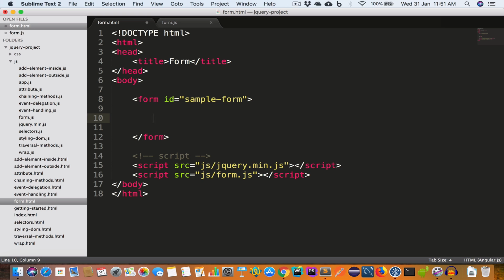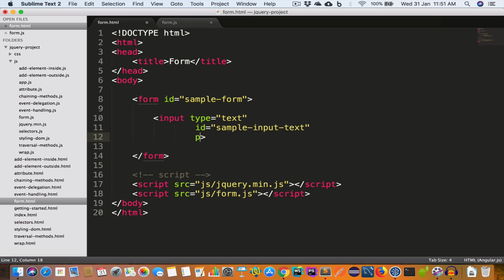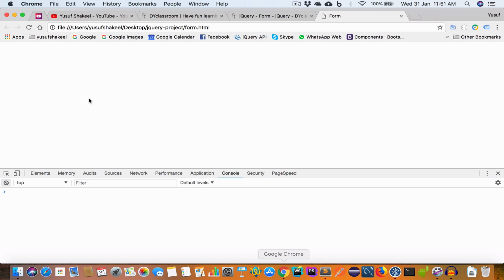So let us go ahead and create an input field of type text, and let us go ahead and give this input field an ID sample-input-text. And let us also give this a placeholder. Let's say enter your name. And now if we go back to Chrome and reload, we get an input field and the placeholder is enter